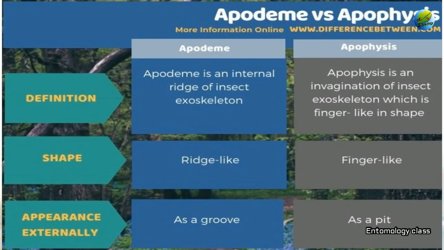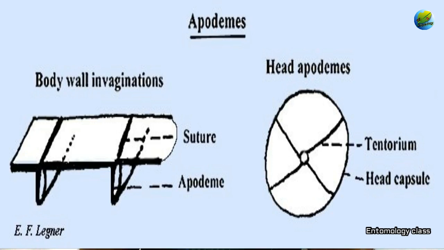There are two kinds of endoskeletons. If the cuticular growth is inward by a hollow structure, meaning it will have a gap inside, it is called the apodeme. And if the cuticular ingrowth is rigid, like a straight inward growth without any hollow space in between, it is called apophysis. If you take the example of apodeme, it is the tentorium of the insect head. If you look at the insect head, there are patches of cuticular ingrowth. So the attachment of muscles of various parts of the head is helped by the tentorium, or otherwise our endoskeleton.